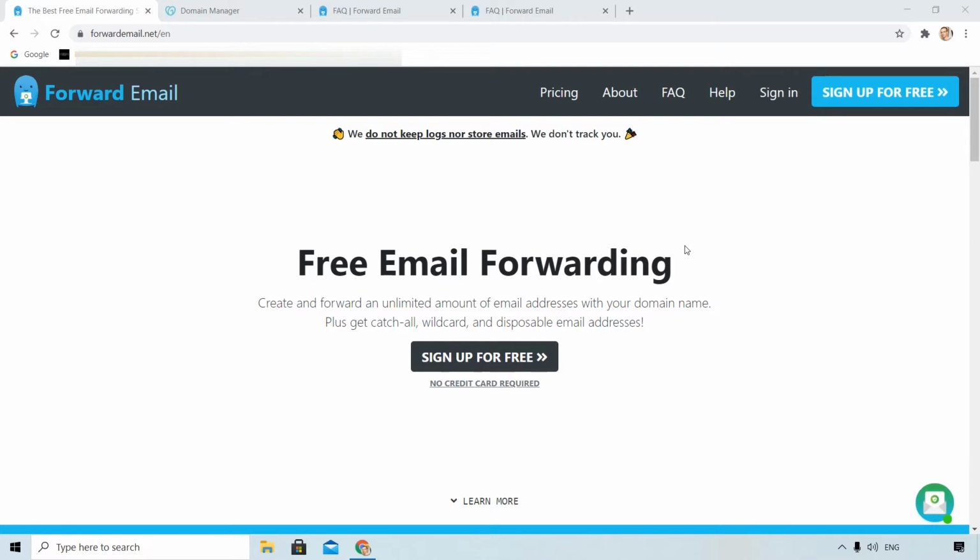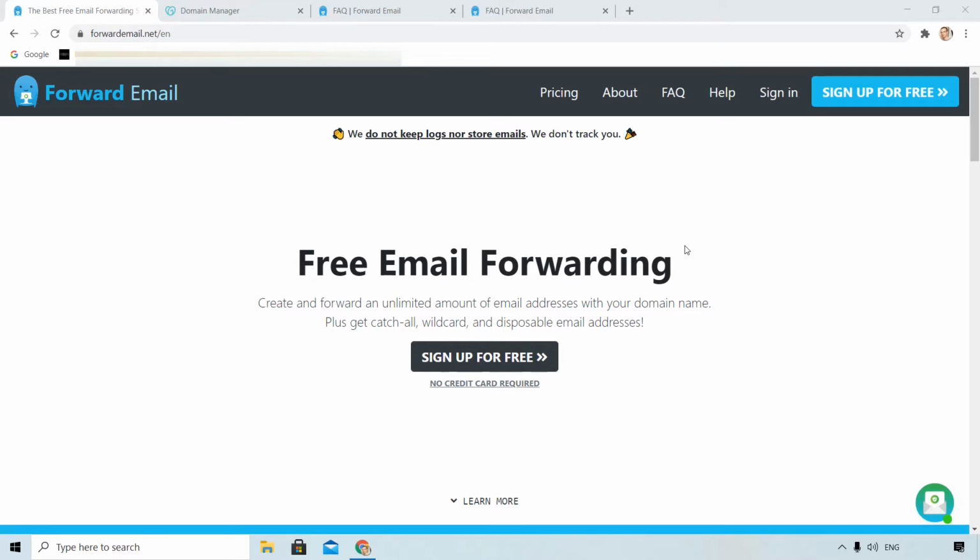First, some disclaimers. I am assuming that you already have a domain from GoDaddy, but the method I will show you works in a similar way for any other domain registrar. If this trick doesn't work in the future, you can always leave a comment below and I will find alternative solutions. What we will do here is use a free email forwarding service like the one that forwardemail.net offers, and we will adjust the settings on our Gmail so we can also send messages from our business email.